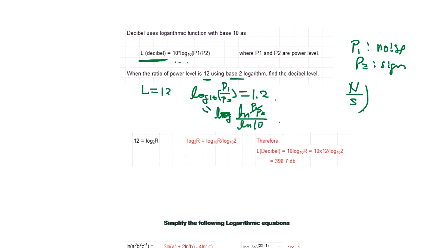So using E, the decibel using E is going to be 1.2 log 10. Okay, you can calculate this log 10, and if you want to put the E, then you can multiply E here on both sides. That's going to be the new definition of decibel. Okay, so